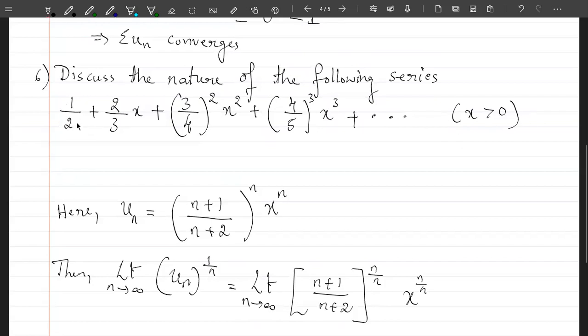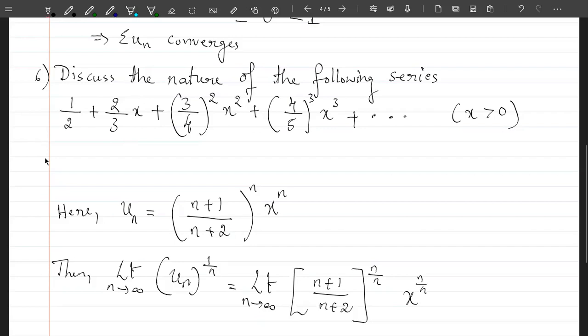Now here, normally what we do is, we look at each and every term here and we try to write the value of un. So now, if you directly start from the first term and if you consider all the terms over here, you will not be able to get a value for un. So what we have to do in this particular case is, we have to leave the first term to get the value of un. So what we do in this case is, we assume that our series is starting from this particular term, that is 2 by 3 into x. So we leave the first term over here.